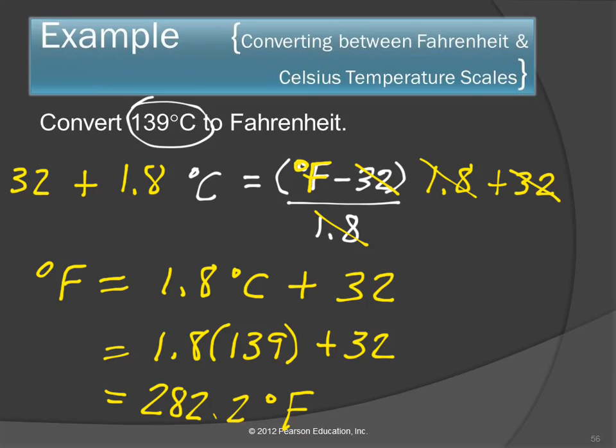And then, how many significant figures should this have? Well, that gets a little tricky, doesn't it? We've got multiplying and adding. So we could work that out, but there's some funny things that happen with certain combinations. And so, just as a rule of thumb, whatever uncertainty you had in your starting temperature, here it's in the ones place, then you should have that same uncertainty in your final answer. So we're going to round this to 282